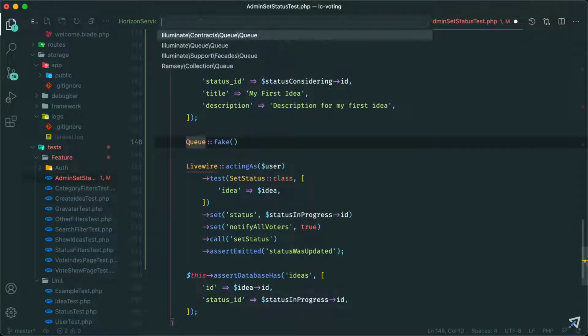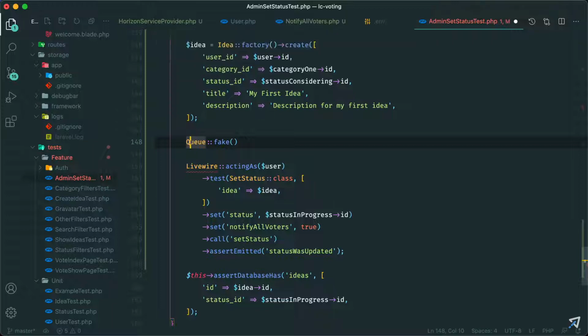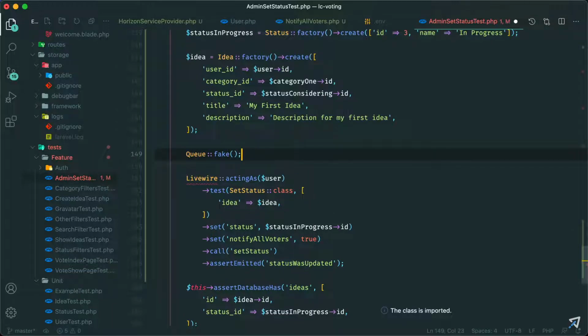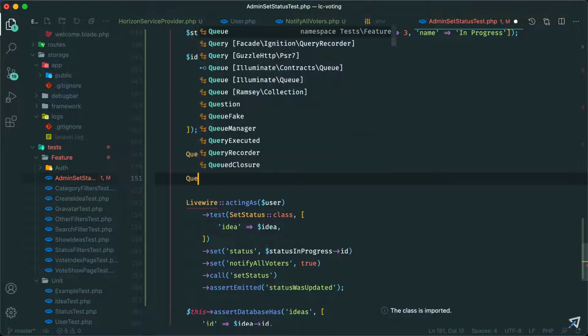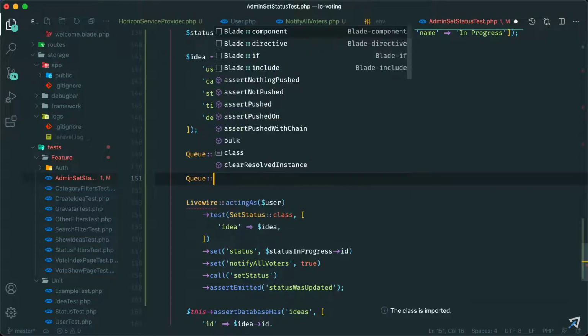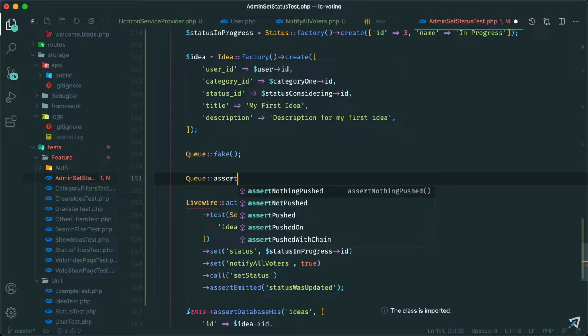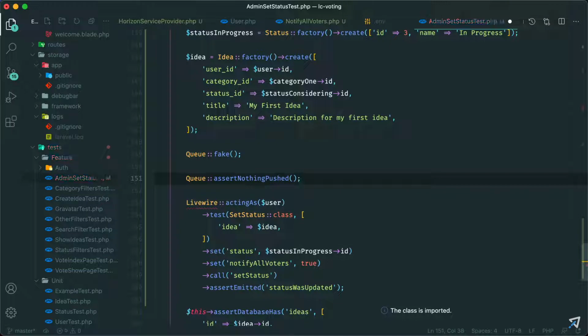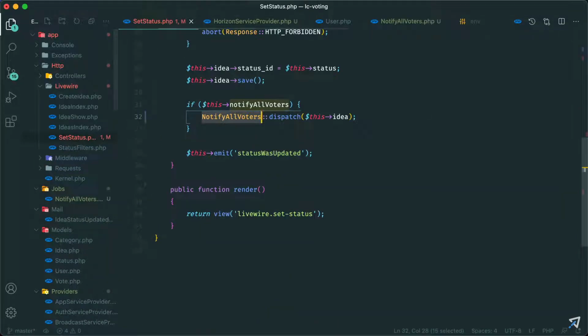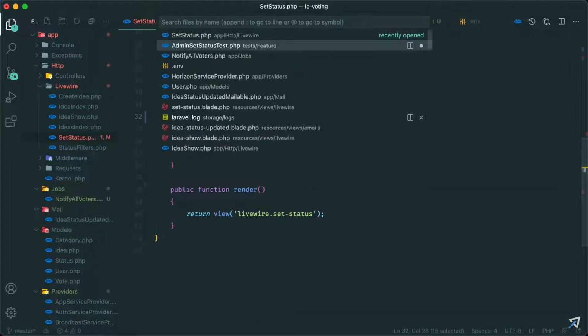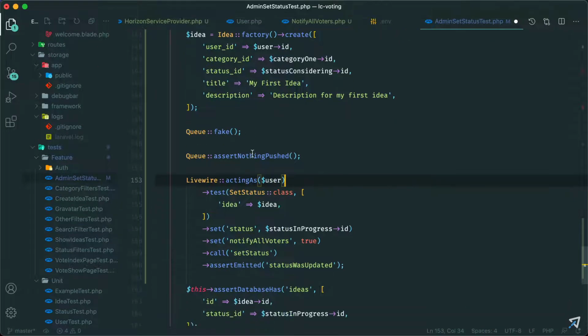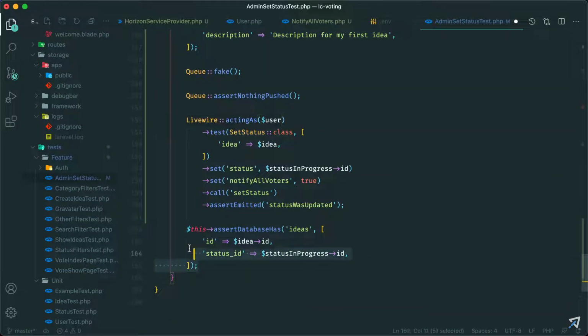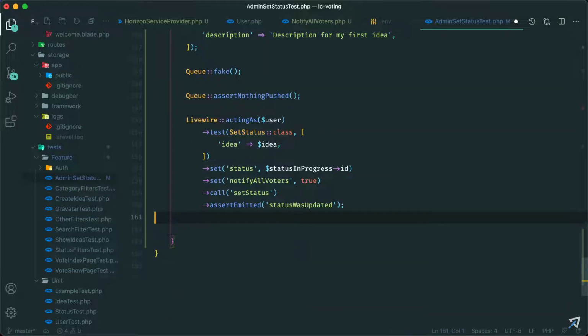And let's make sure to import this. Okay. And we can make sure that nothing is pushed to the queue yet. So let's say assert nothing pushed at this point. After we do all this Livewire stuff, it should hit that piece of code that throws this job on the queue. So after this, I don't care about this anymore because we have that in the previous test,